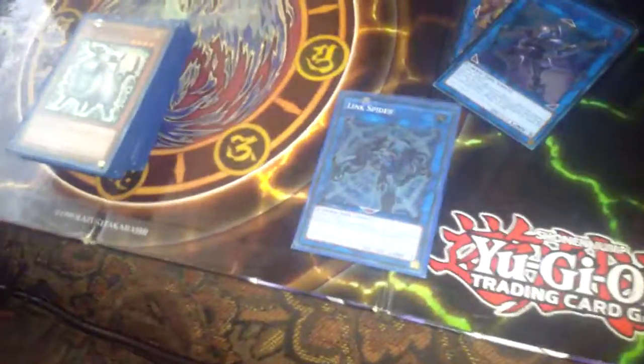Link Spider. What it does is, when it's Link summoned, it requires one normal monster to Link summon it. To Link summon, you just tribute what it says, and it lets you Link summon. But what it does is